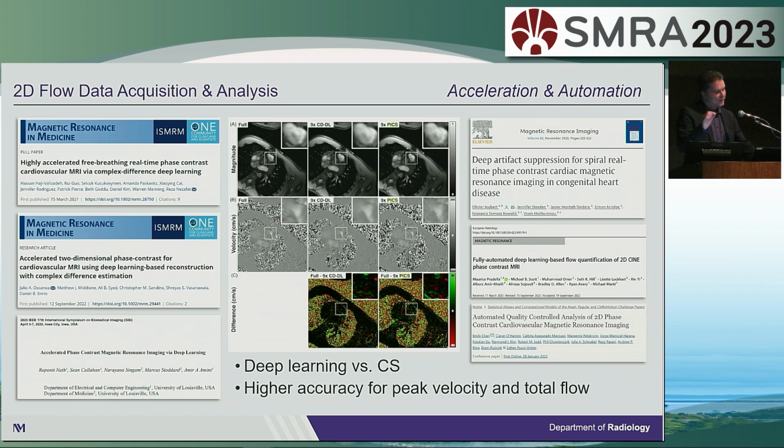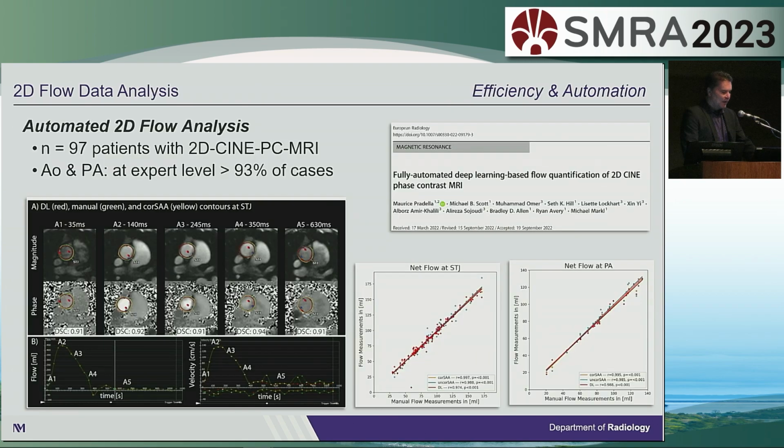And what they found, and this is a common theme that you'll be hearing, is that AI allows for higher accuracy for peak velocity quantification. There's an underestimation, or a filtering effect, associated with compressed sensing and total flow, and also improved reconstruction time. A larger body of work has gone into 2D phase contrast analysis, and you're very familiar with this. Typically, you would draw contours around the vessel of interest and then quantify things like net flow or peak velocity. This is a study that looked at fully automated analysis, and it's a very promising